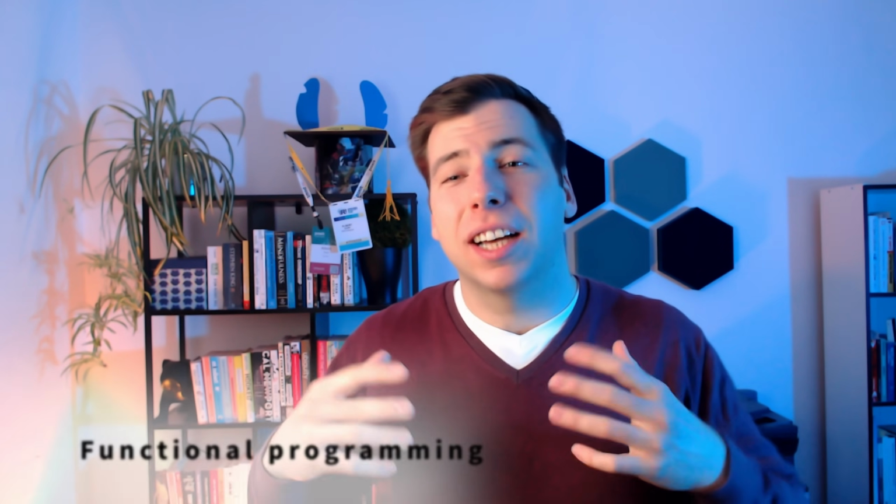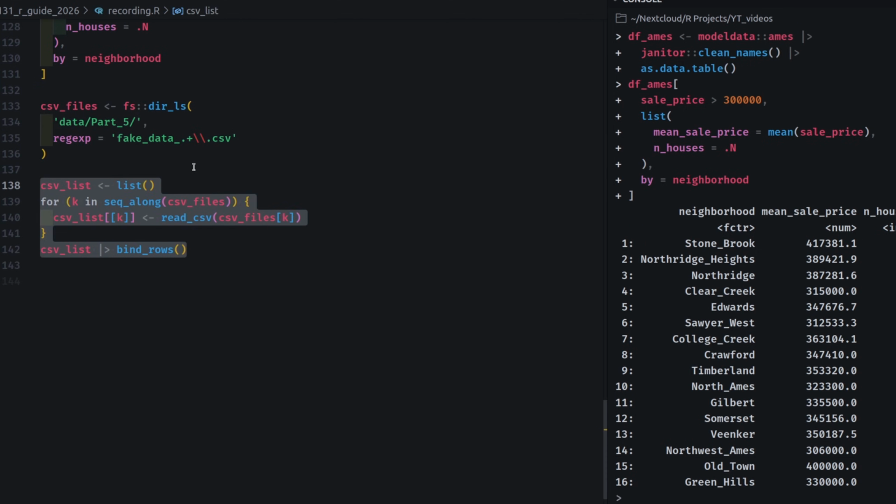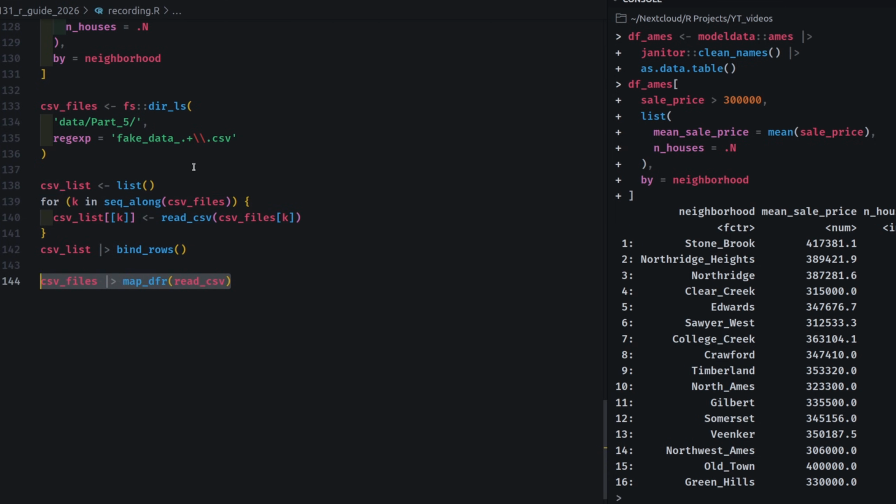And speaking about short and concise, the next time you write a for loop to iterate through, say, a set of CSV files, then you might want to try using functional programming instead. For example, for a bunch of CSV files, you could normally take a for loop and then iterate through all of these files that you have, and then read the CSV files and bind those together into a large data frame. Or you could use a functional programming approach from the purrr package and simply do the same thing in